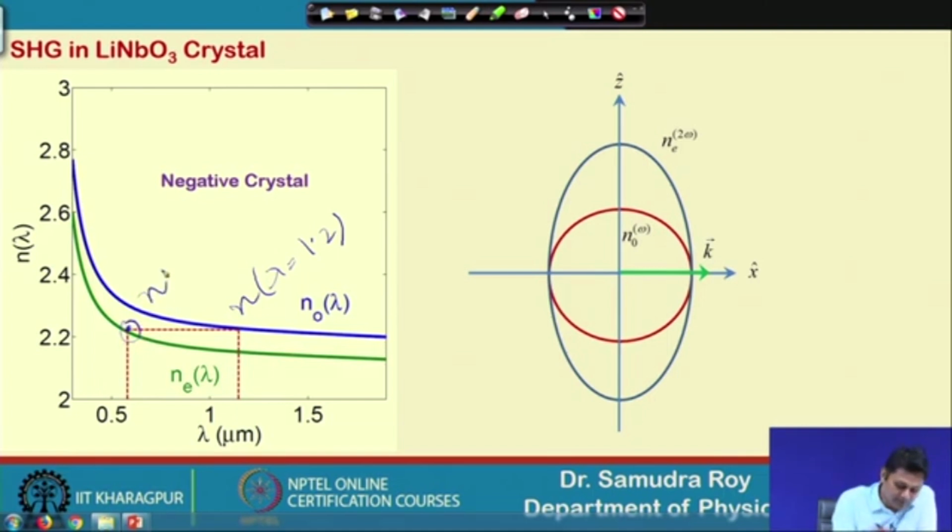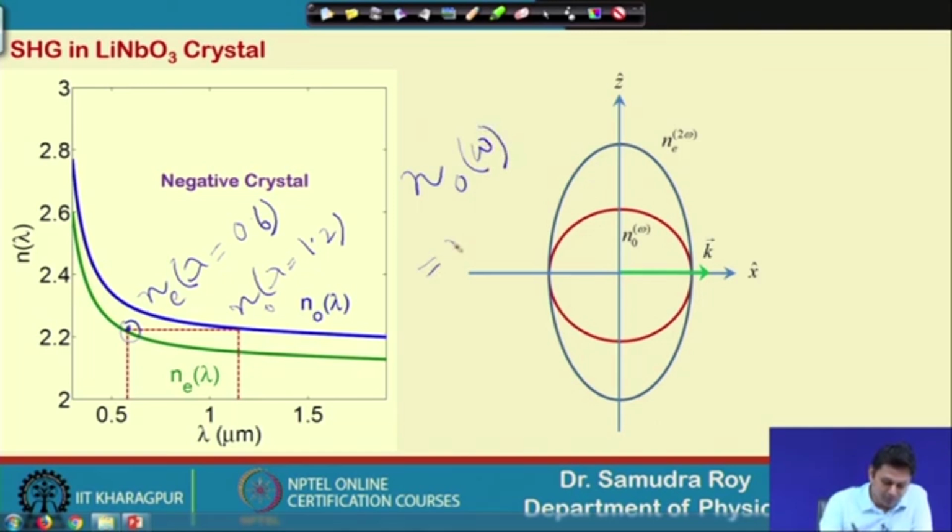This is n, this is ordinary, so I should write O. And this is n E, because this is the extraordinary line, n E of lambda equal to around 0.6, which is half of that. So, if I write in terms of frequency, n O at omega is equal to n E at 2 omega,